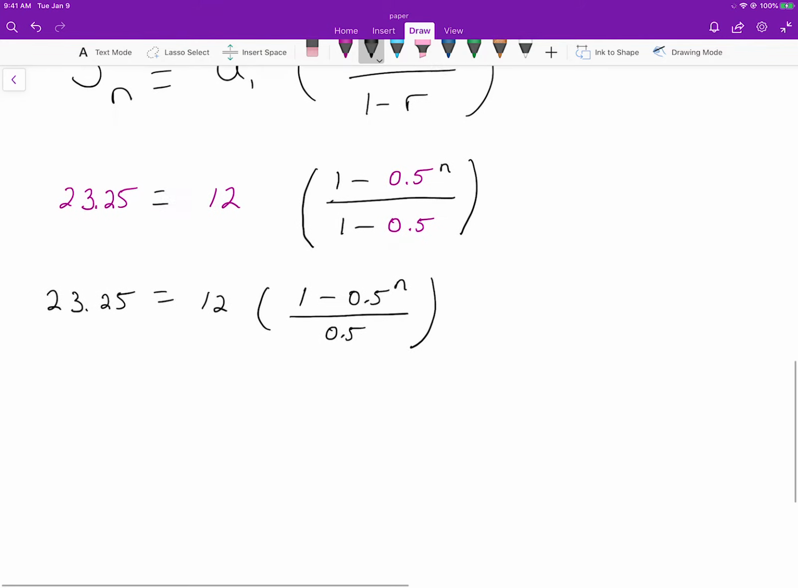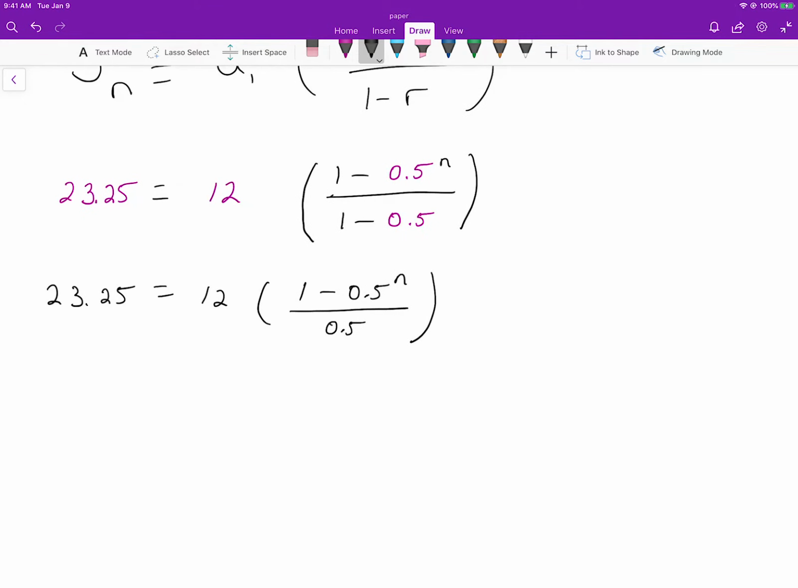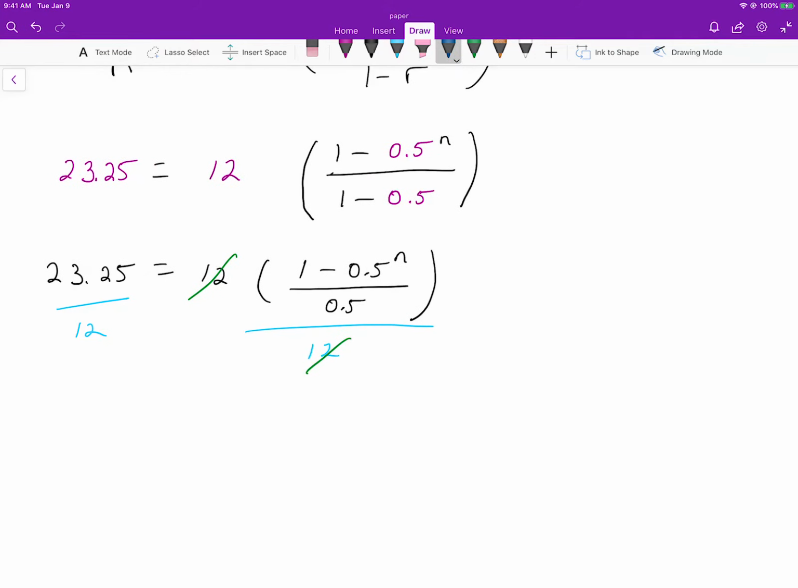Okay, so now I see it's 12 times everything in parentheses, so I'm going to get rid of 12 first. Opposite of multiplication is division. We can divide each side by 12, and the 12s will cancel out. So now we have 23.25 divided by 12. I have my calculator here. 23.25 divided by 12 is 1.9375. And that's going to equal 1 minus 0.5 to the n power over